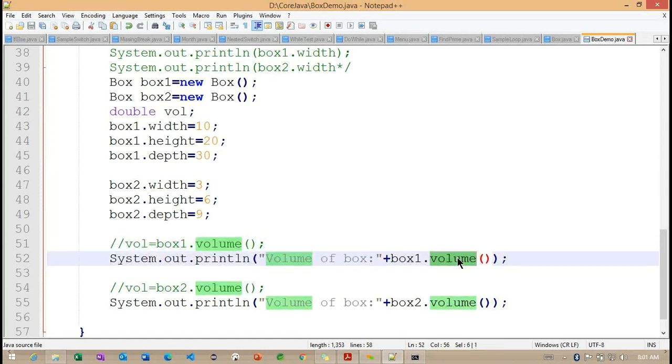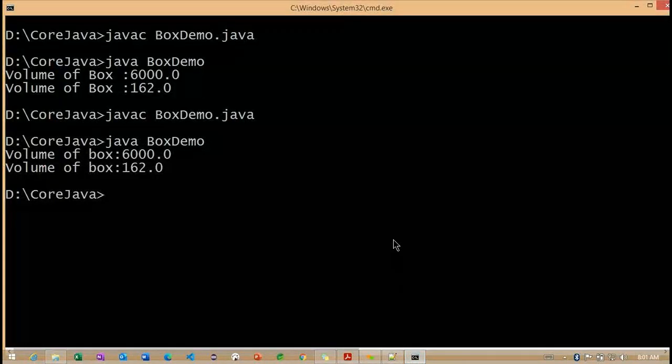Directly here we are calling this particular value method. Whatever value we return from the value method is appended with this particular string message, and the whole string is printed by this println method.